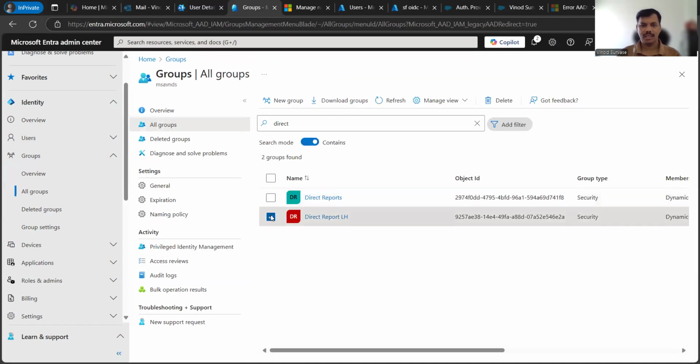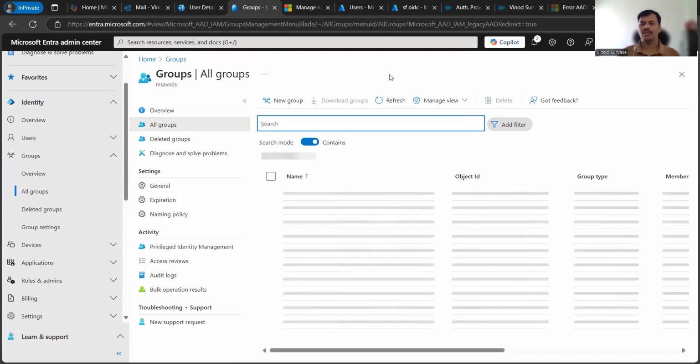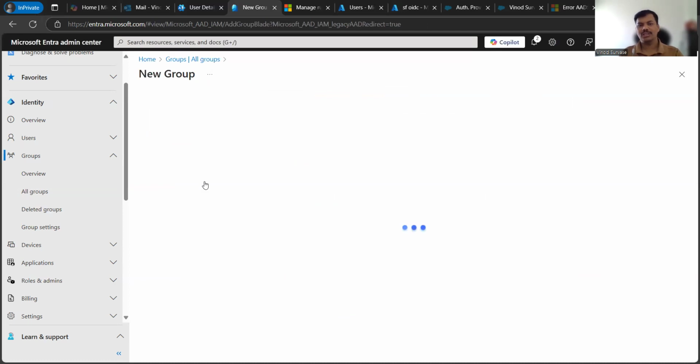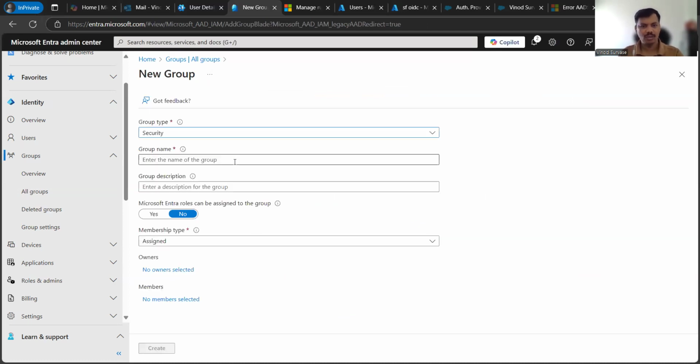Let's go back, and meantime we'll go on to another group section, the all users group. The direct report group would execute and add all those people. So next is the all users group, right? On the all users group,